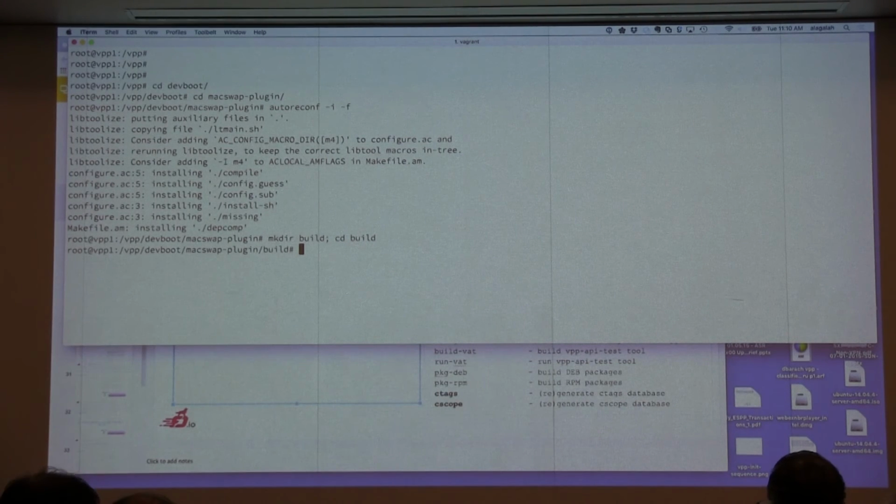Okay, so the next step after autoreconf is to make a build directory, then go into it. So one question, this folder... Sorry, there's a question. I'm not seeing who's asking it. Yep, this folder